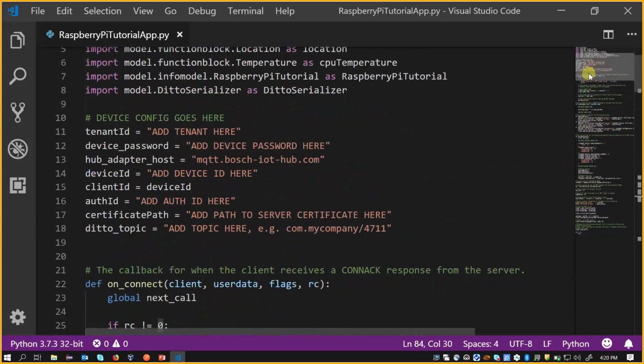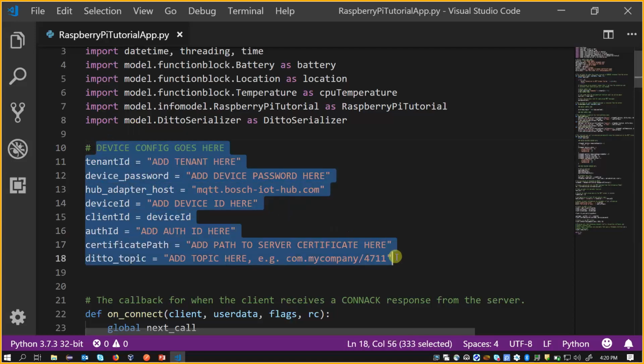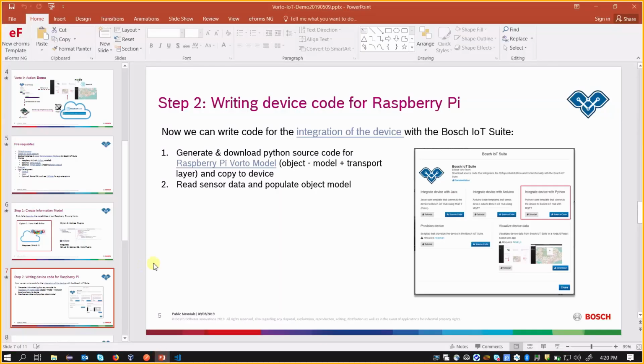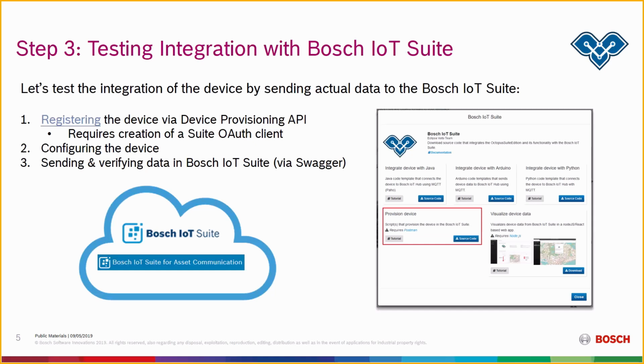Before we execute it, we have to fill in these device configurations. So before we can do that, we have to do one more thing, which is device provisioning. And if I go back to our presentation slides, that is the next step, which is testing the integration, which means that we actually need a digital twin in Things now. So we will now go in and use this provision device generator, which will give us a Postman